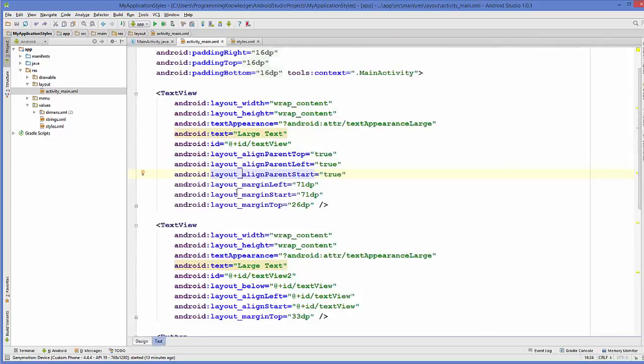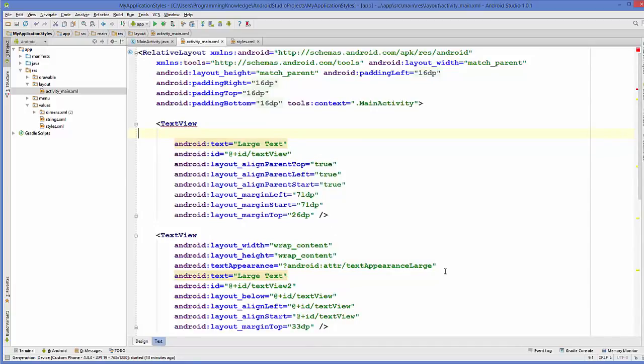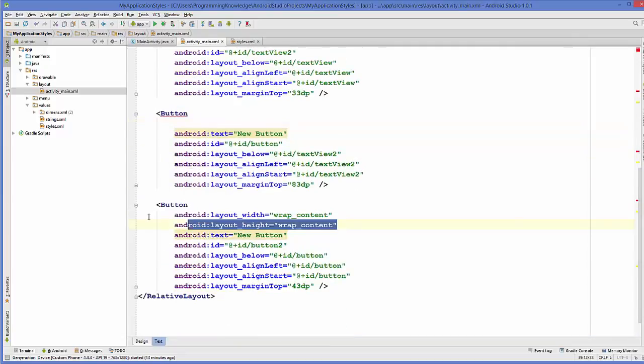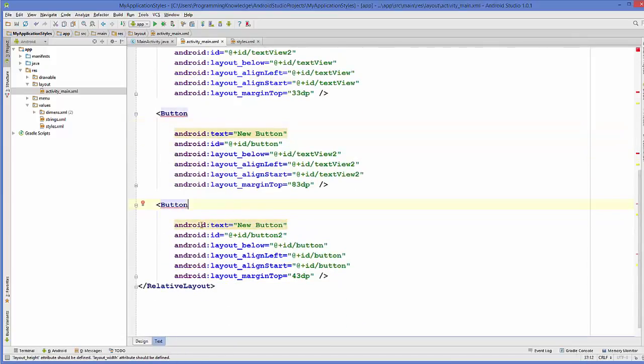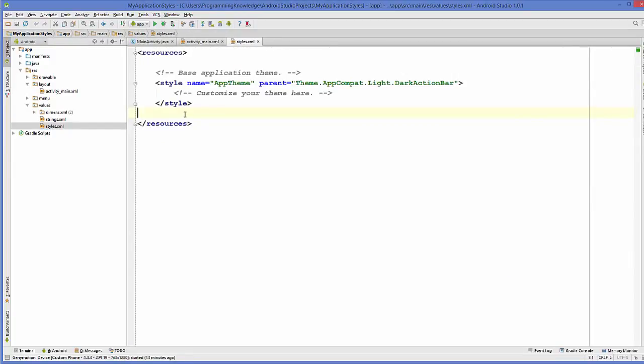So I will go to the text section of this activity and I will remove the layout width, layout height and text appearance from here, okay, for each and every component. So I will do it for text view and I will do it for button like this, okay. Now you will notice when you go to the design, it will give you this rendering problem because we have just deleted the layout width and layout height and appearance of these text boxes and button, right? Now to give the styles which you want, you just need to go to this styles.xml file, and in here